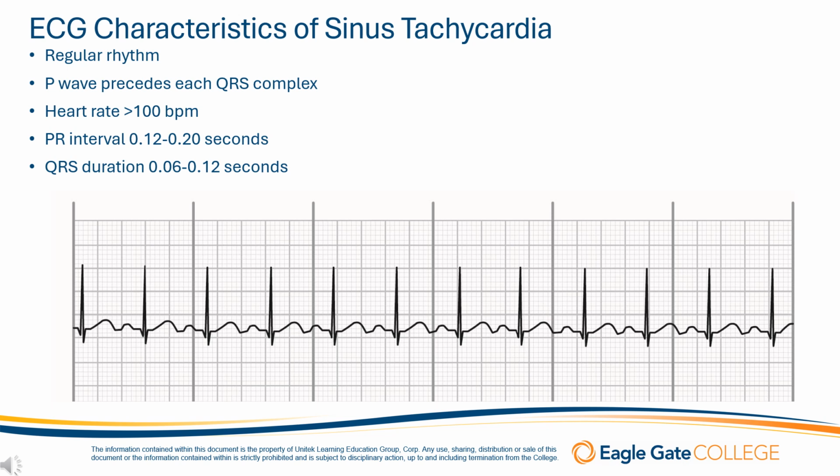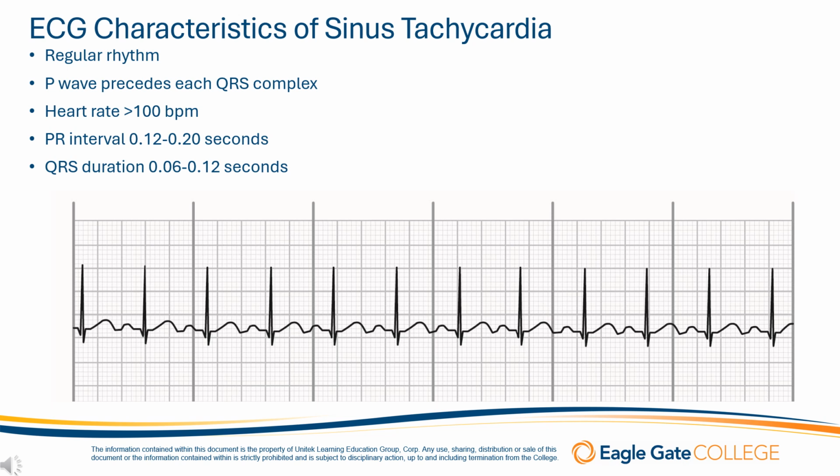The PR interval measures the time from the onset of the P wave to the start of the QRS complex. In sinus tachycardia, this interval remains within the normal range of 0.12 to 0.2 seconds. This indicates that the electrical impulse is traveling from the atria to the ventricles in a typical time frame, despite